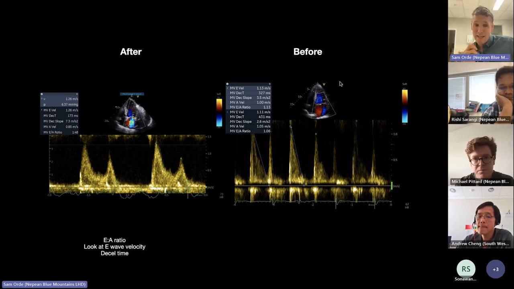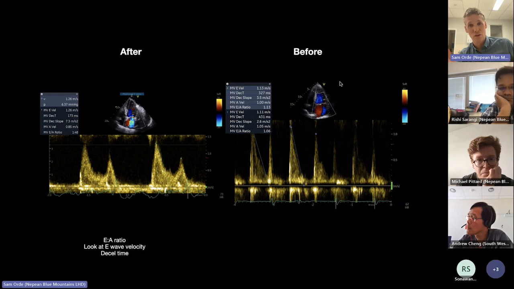As well as that E to A ratio, you can look at the E wave velocity. If it's again starting to go up, we know that the E wave is preload dependent. The decel time can get shorter and shorter. So the decel time before was well over the 240 that we look at, whereas on the left we start to see it reduce down closer to the 160, which is where